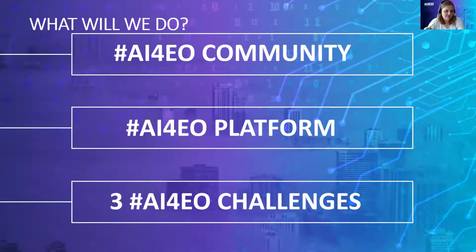And the idea of this initiative is to build a community that reaches out to the AI community and let the Earth observation and the AI community mingle with each other to find solutions for grand societal challenges. So we're building a platform that is dedicated specifically to running 3 to 4 month challenges that you as the AI for EO community can participate in,